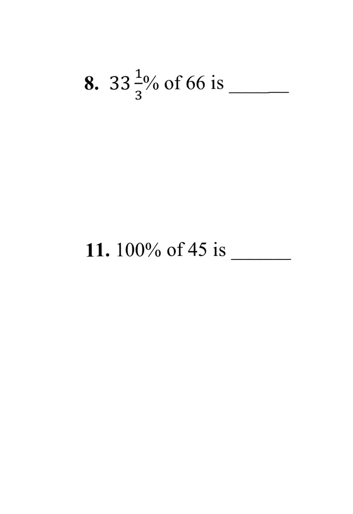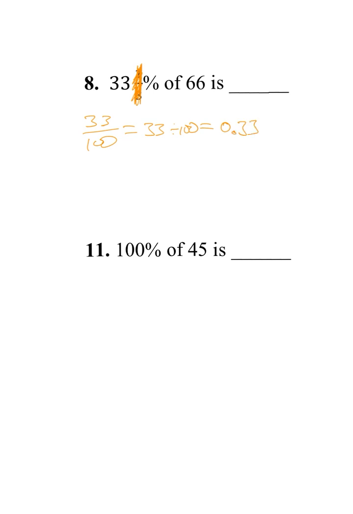Okay, so on number 8, I'm going to modify number 8 just a touch. And let's say instead of 33 and 1/3%, we're just going to say 33%. So we get rid of that. All right, just like before, we're going to go 33%. So 33 over 100. And that's equal to 33 divided by 100, which is the same thing as